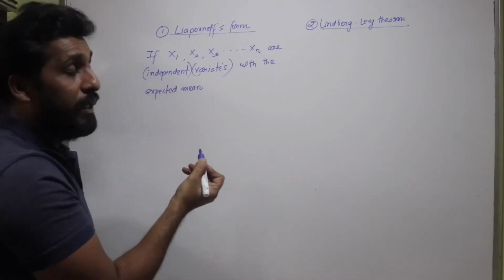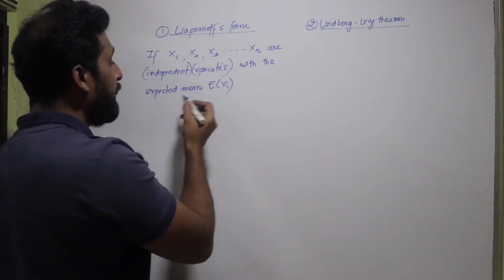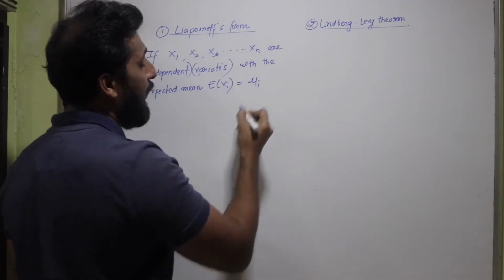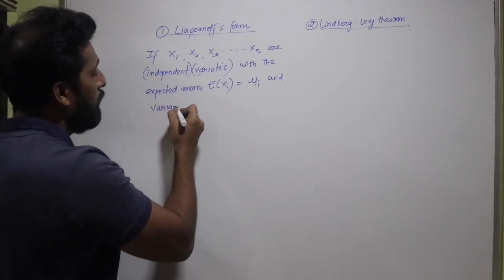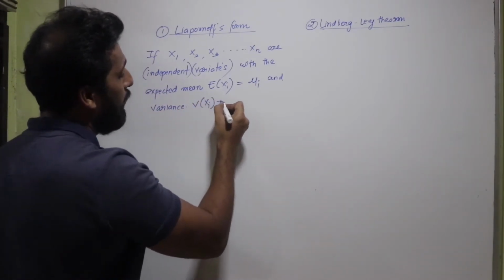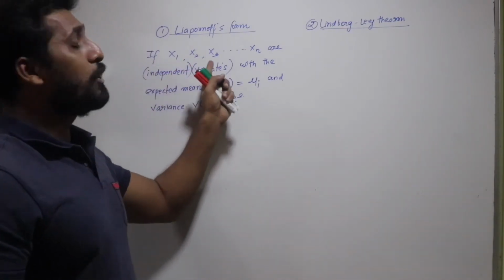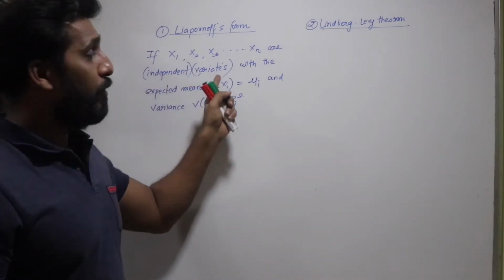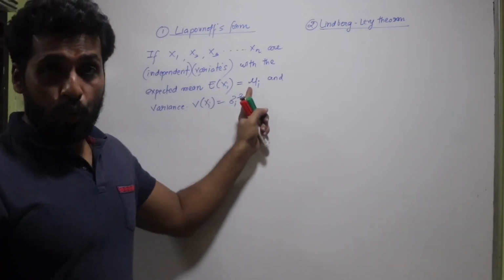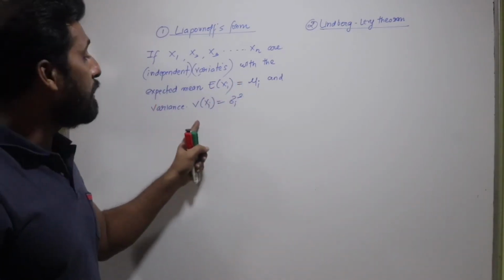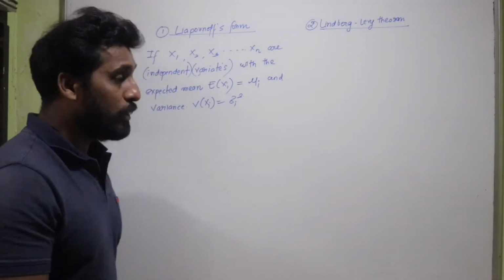When I say expected mean, it is denoted by E of xi, which is given as mu i, and the variance is given by V of xi, which is sigma i square. So if I have x1, x2 up to xn as n independent variates with expected mean E of xi equal to mu i and variance V of xi equal to sigma i square, then there exists